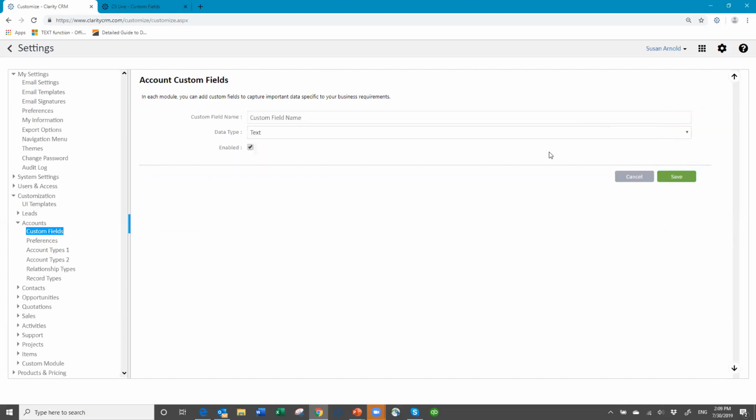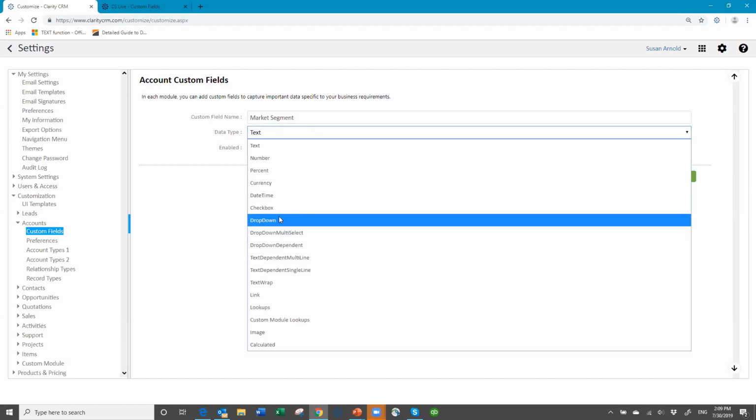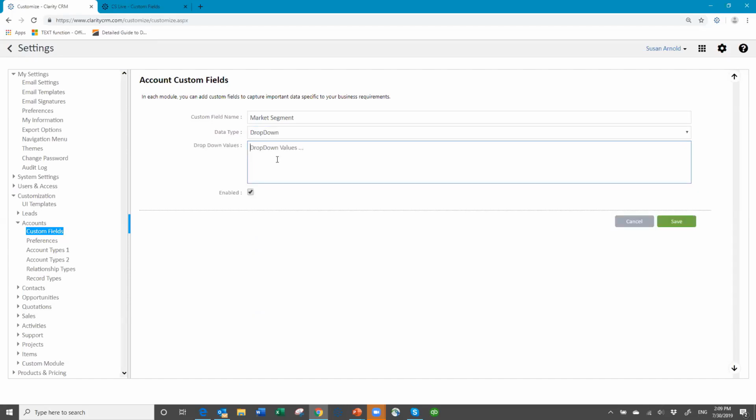I'm going to add my next field, which I am going to create as a drop-down, and I want this one called Market Segment. Choose drop-down. Now the difference between a drop-down and a drop-down multi-select, a drop-down gives you a single selection. You can pick one of the choices. In the drop-down multi-select, you'll have checkboxes and you'll be able to select multiple choices, which you'll see shortly. So my market segment is